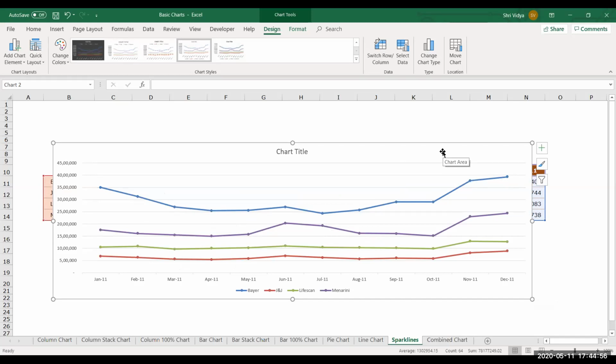So we all have done that in school as well. But this is really helpful when you have a huge number of series. And how to analyze this: the line which is at the topmost level has got the highest sales. In the same order it goes to the other lines. The one which is very low has very less sales. So that's how you analyze it.